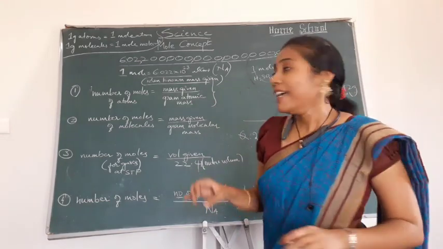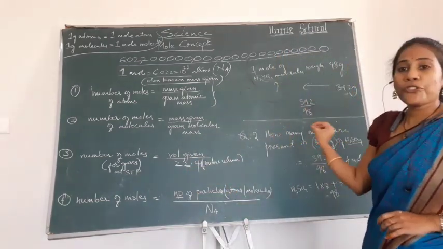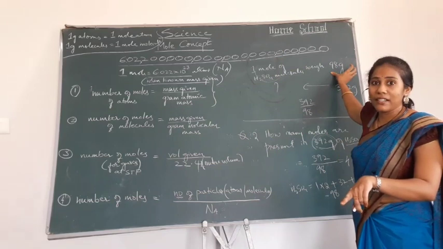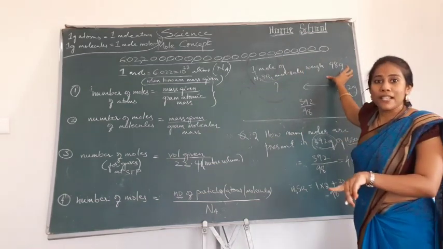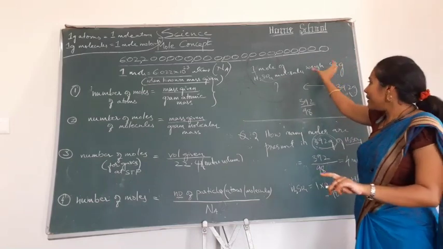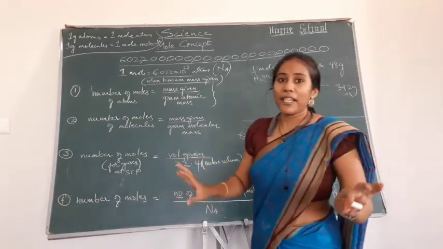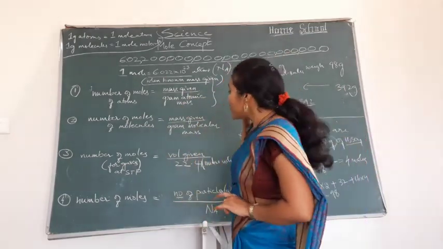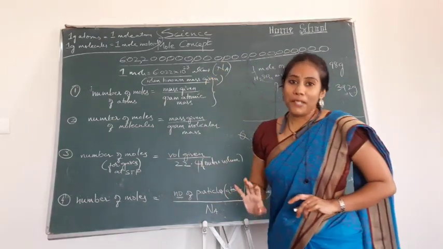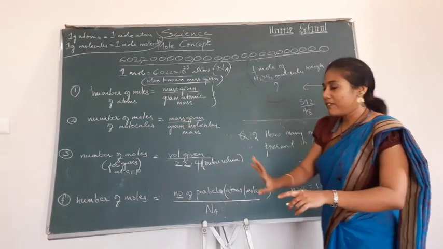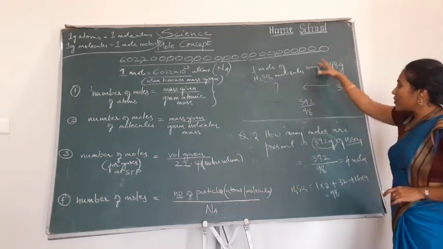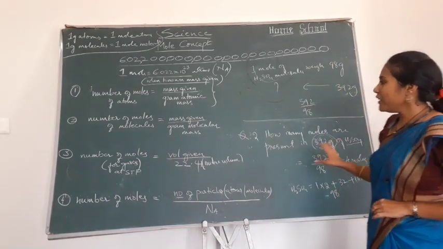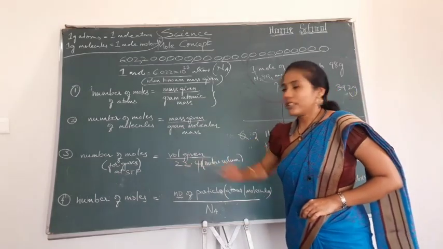Logically you should go. Since many of the children are getting confused applying the logic, you should know the logic: 1 mole means molecules, molecular mass only; 1 mole means atoms, atomic mass only. Keeping that in mind, you can solve any problem on mole concept. Since many of them find it difficult to apply this logic, to simplify, we have given these formulas. Clear everybody? It's your wish. If you are comfortable using logic, you can do that. Otherwise, you can use the formula. Fine. So we will go for the next question, which relates to this formula.